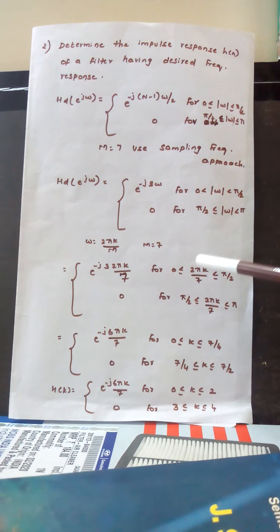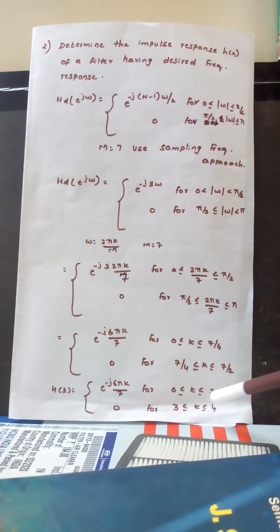So in this term again we want to get the k value. So this 2 pi by 7, if you bring it to this side, it is 7 divided by 2 pi into 0, which will be 0. And again this 2 pi by 7, if you bring it to this side, we'll get 7 divided by 2 pi, so pi will get cancelled, we'll get 7 by 4. Similarly this term also, if you bring it this side, it is 7 divided by 2 pi into pi by 2, pi will get cancelled, we'll get 7 by 4. And if you bring it to this side, again it is pi into 7 divided by 2 pi, pi will get cancelled, we get 7 by 2. Right. So 7 by 4 is 1.75, so the whole number is 2.